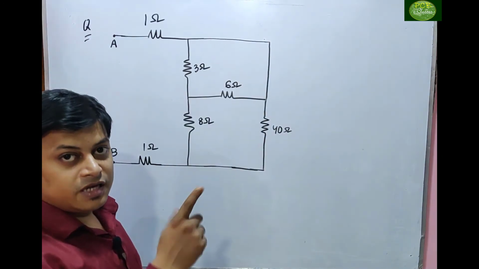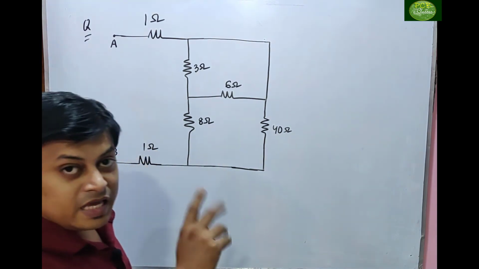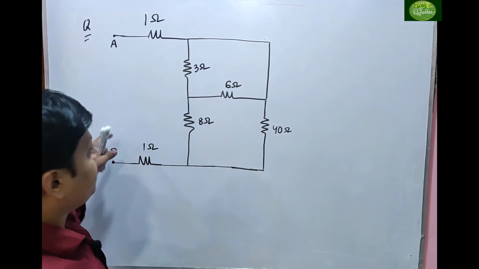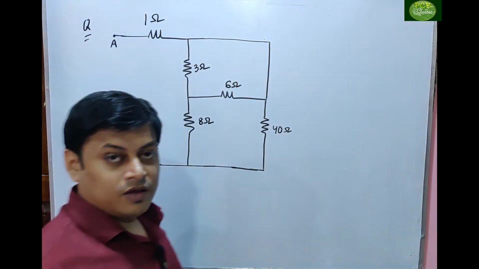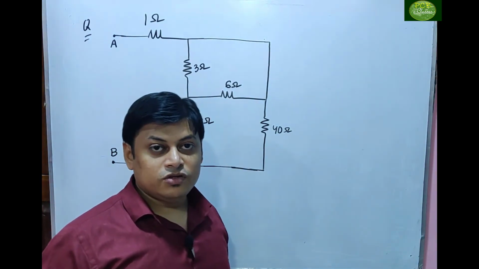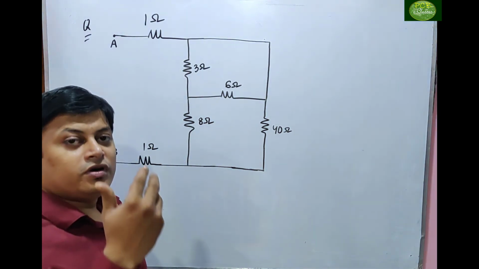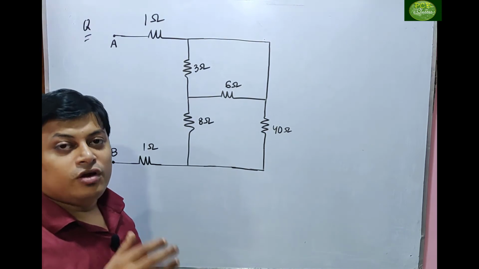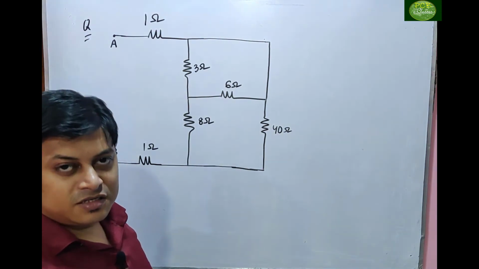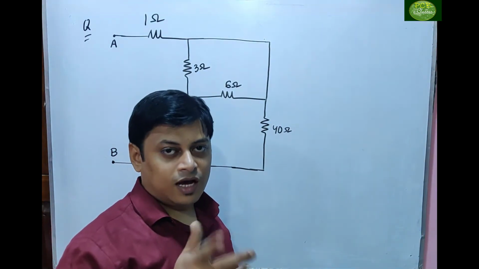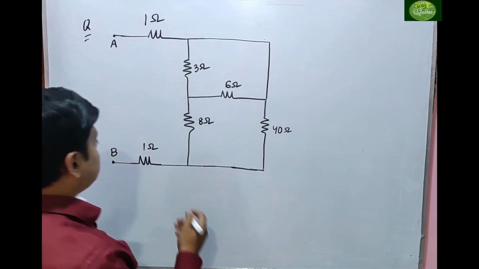Now see here, this is another type of problem. The same one, R equivalent we have to find out across A and B, and the circuit diagram is given here. But what I said, before solving the R equivalent, you should arrange the circuit in a proper way. Fine. And then after you have to assume a current, and then you have to distribute the current. Then after you have to forward with the series conditions and the parallel conditions, and you have to find out the R equivalent. Clear? So let us take how many nodes are there first.